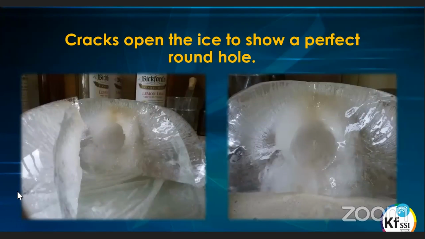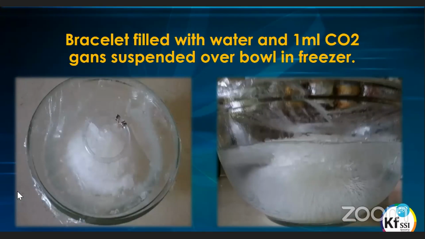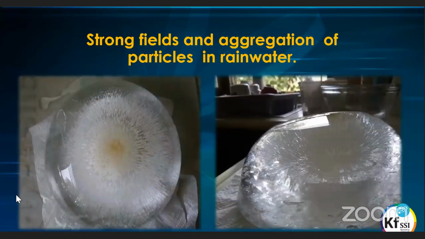And what we had done was we had filled a bowl of water and we'd put Glad Wrap plastic over that bowl, and then we had placed that ring on top so that there was obviously a distance between the water and that bracelet. And then we had placed that into the fridge. It was in there for, I think, 2 or 3 days to freeze up. And now you can see the photograph on the left and the right, how the fields from that bracelet interact, and that ice has frozen those fields in time. So it's a great experiment